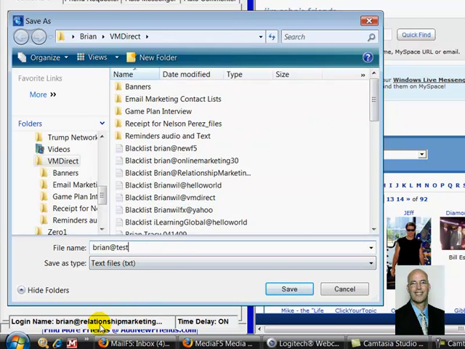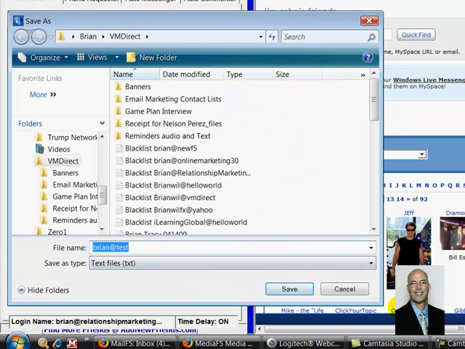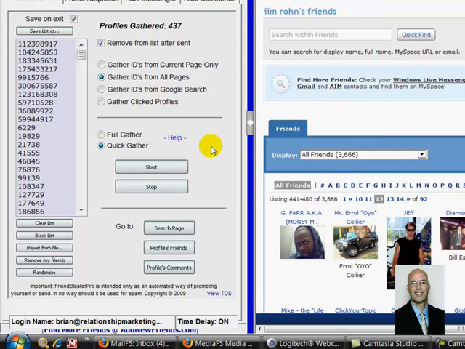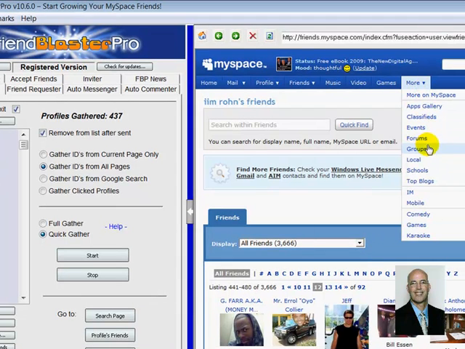But type in whatever account it is, and it should be down at the bottom of the program, whatever you use to log in, and save it. It'll always come back to this and recognize it. So every time you save it, see, it automatically pulls it back up. And I'm in Vista. I assume it does it in XP too. So now that we've gotten all of Jim Rohn's friends, maybe we'll go over to groups